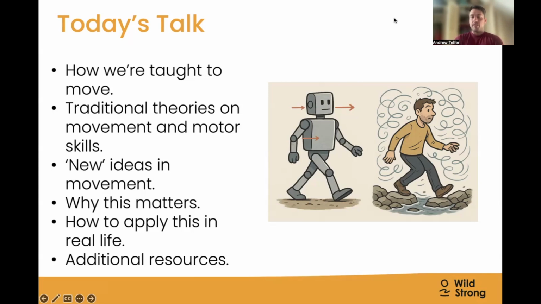And what's happening is they're not just walking in a straight line, they're walking over some rocks. Maybe the rocks are wet. Maybe they're trying to get somewhere quickly. Maybe there are other things in the environment that they are reacting to. For all we know, he could be trying to dodge bees or something. And all of a sudden, those perfect models for how we're supposed to walk go out the window.